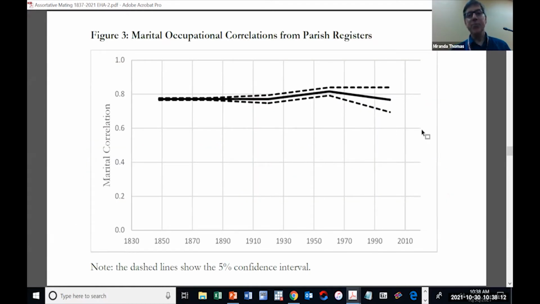And here's the result. Basically, in England, from 1837 till now, the marital correlation in terms of estimated underlying characteristics is close to 0.8. And this is an amazing cultural phenomenon where people could choose to marry in all kinds of ways, but somehow they're matching very tightly, and it's not changing over time. And these estimates are very precise for the 19th century. They're looser later, but we will have better ones soon. And so it is an amazing phenomenon that for some reason, marital assortment is very tight.